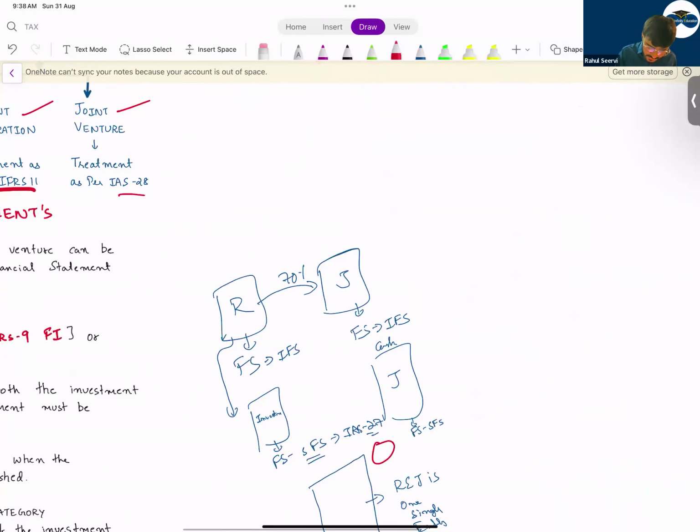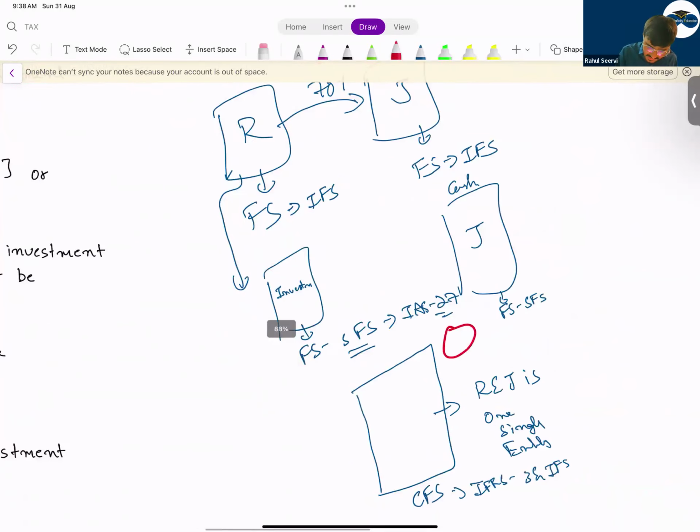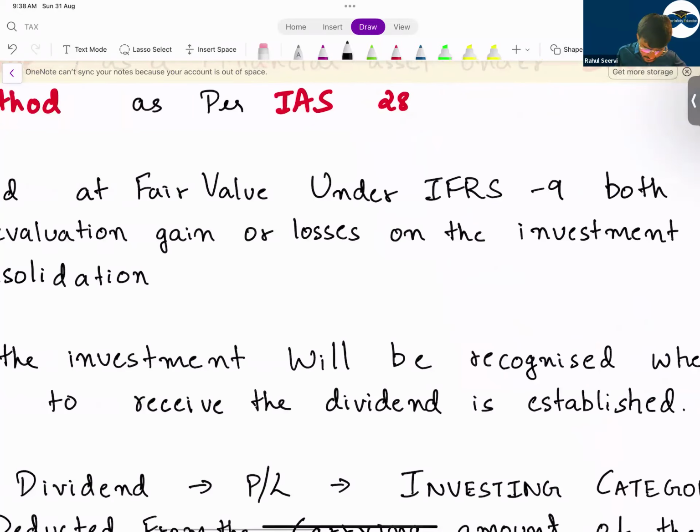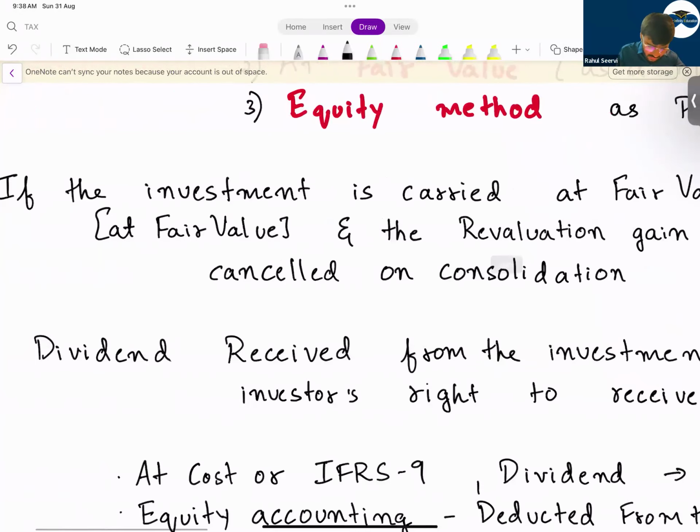Now, this investment which we have recorded, can I say Reliance has recorded an investment? Now, how will the company record it in its separate financial statements? Individual financial statements means there is no such investment. Once there is an investment, they follow normal IAS and IFRS as well as IAS 27. So it becomes separate financial statements. So see here now, in separate financial statements, how will the company record?